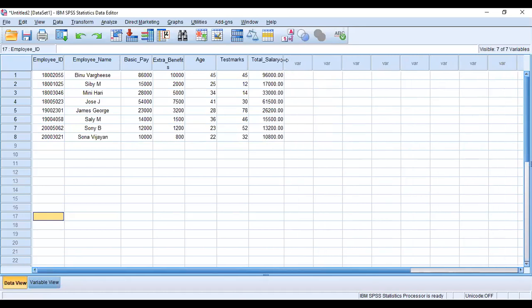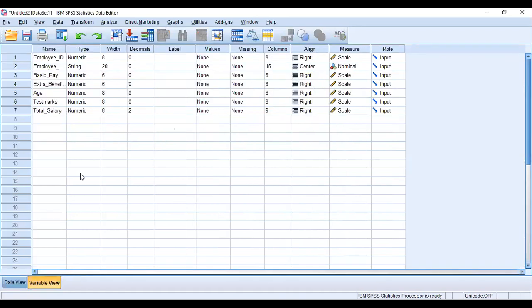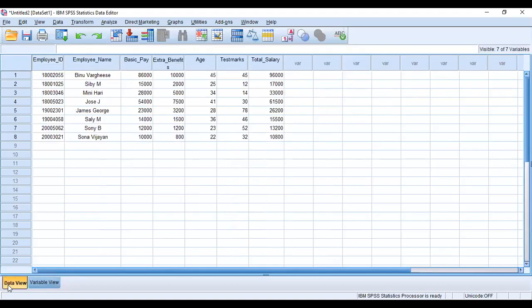What is that? Total salary. In total salary, two decimals are showing, right? If we don't want to show decimals, what do we need to do? Go to the variable view. Here decimals is given as 2, make it 0, press Enter, then come to the data view. There are no decimals.